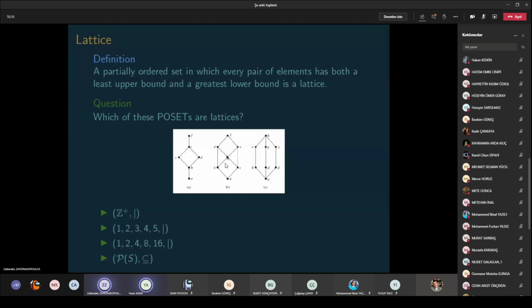What about this one? I answer it for A. I agree. For B,